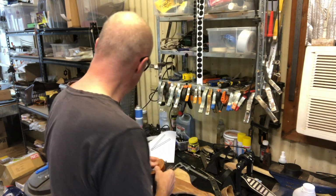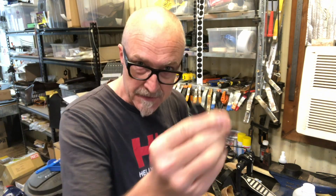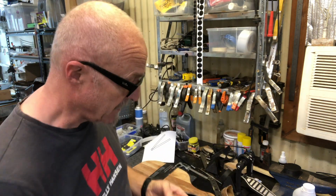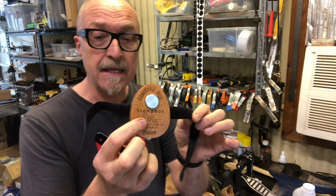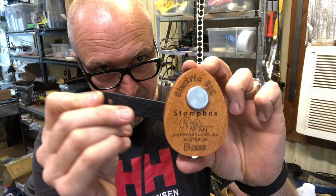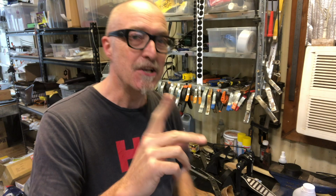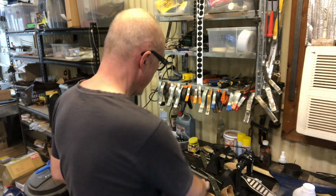Most of these components you can get off my website in the DIY section. So I have a little pack that comes with some rubber feet, comes with a little bracket and some screws. And all you basically do is you take your egg and you pull the strap out. Then you insert the bracket through there. Then, or before then, you go to your local supermarket. I just popped up to Aldi and picked up a